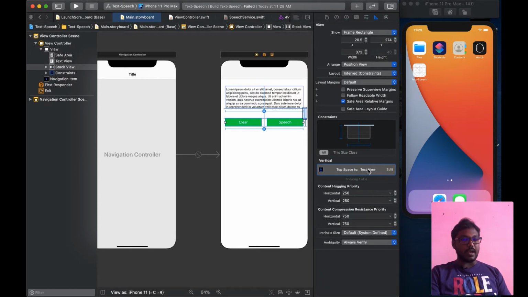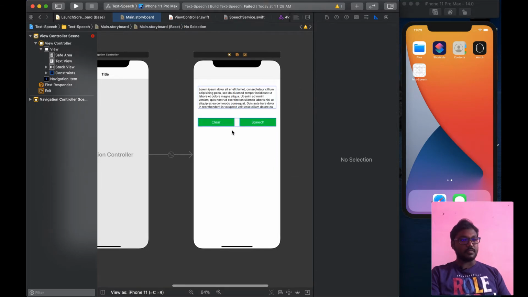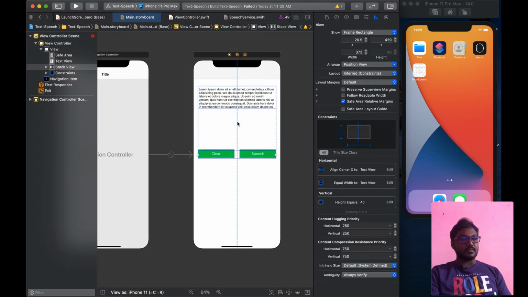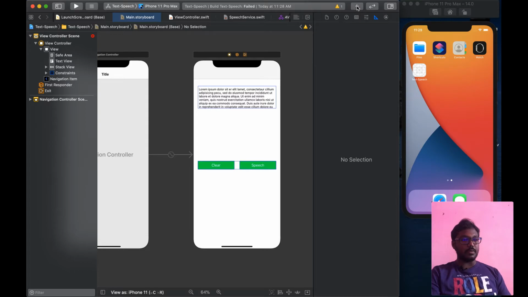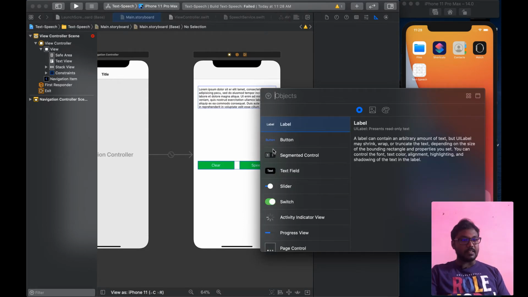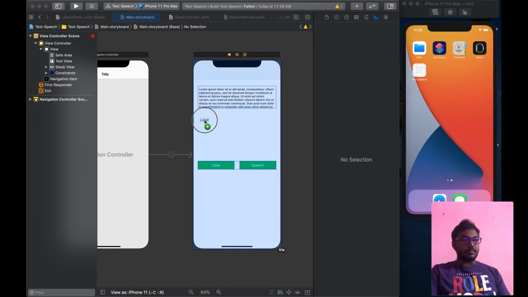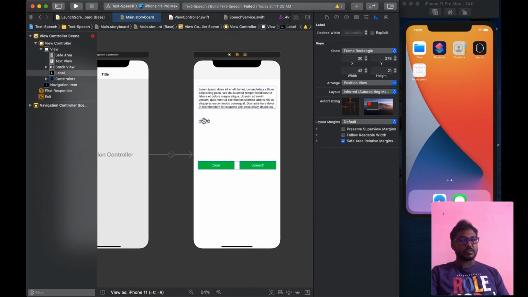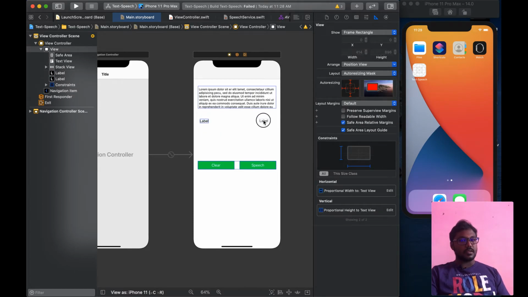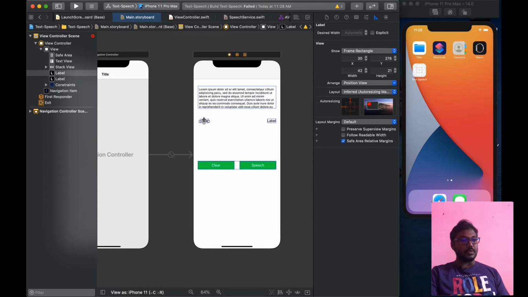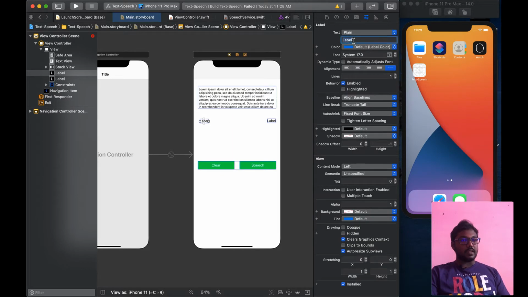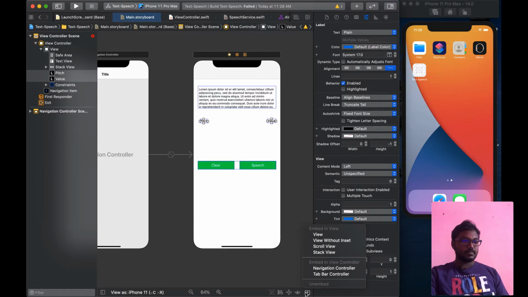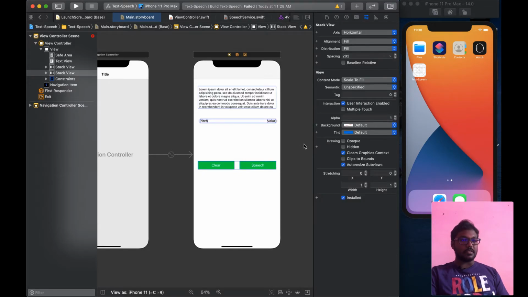So I am removing the top of the button constraint and dragging it below. Then I am adding a UILabel for the pitch as well as a pitch value label, then adding the setting title as pitch and setting a value, then embedding them in a stack view.